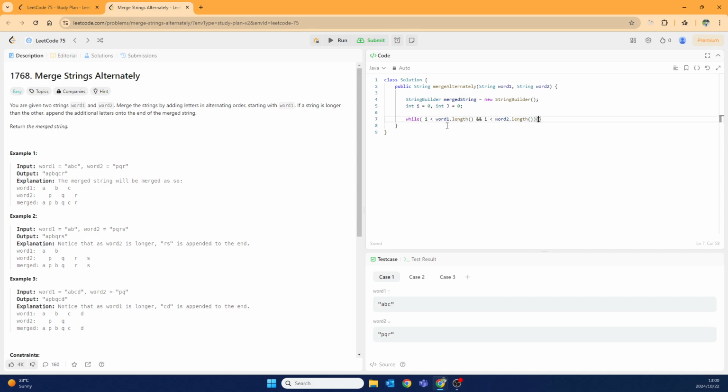Then obviously there will be a condition. This is like the repeating. This is where we loop through the stuff. Then we would say here's the condition. If i is less than word 1 dot length, right,